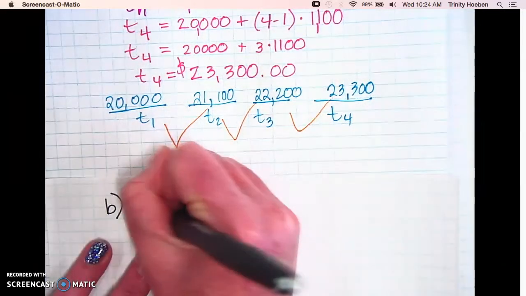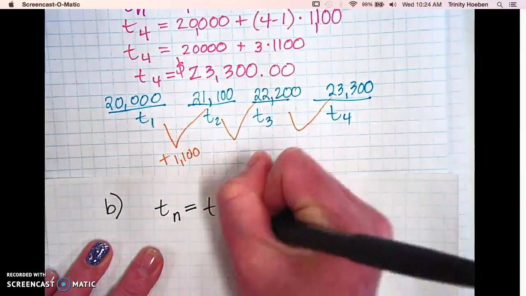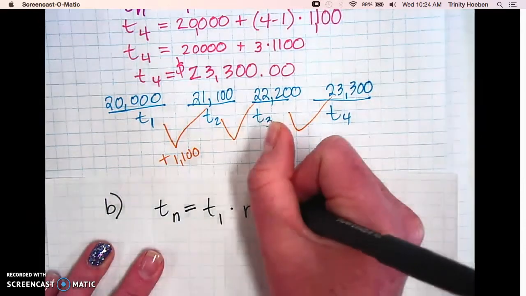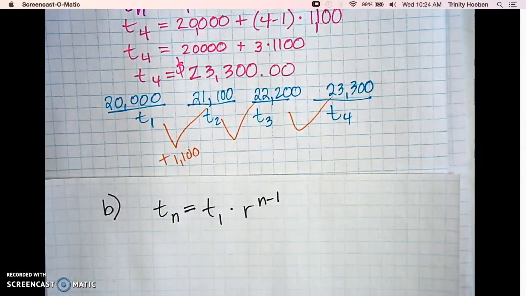So the formula we want to use on this one is the geometric formula, because every year we want to multiply by his 5% increase. How do you say 5% as a decimal? 0.05. But he doesn't just get 5%, he gets the prior year's salary as well. So we don't just say 0.05, we say,